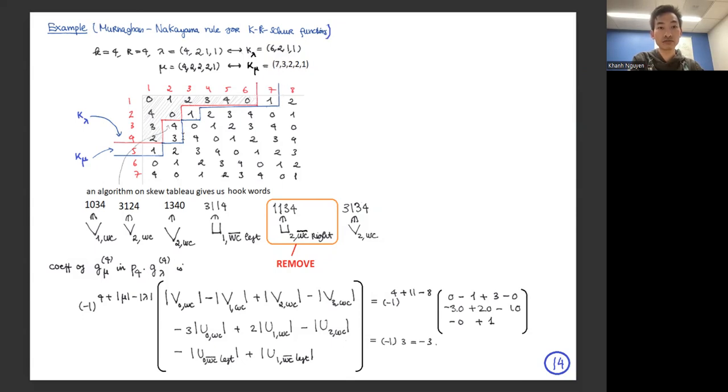And now I keep the shape of kappa mu in the table. So I draw it here. And then I obtain a skew shape, a skew tableau. So the first entry 1, the next entry 1, and 4, 3, and 1. So the skew tableau here contains 5 entries. And our algorithm on this skew tableau gives us the set of hook words. You can find the algorithm in my paper, but here I will mention directly the result. So it gives us